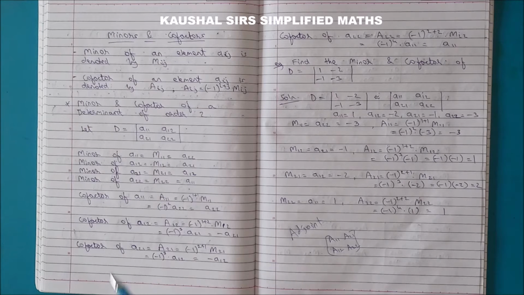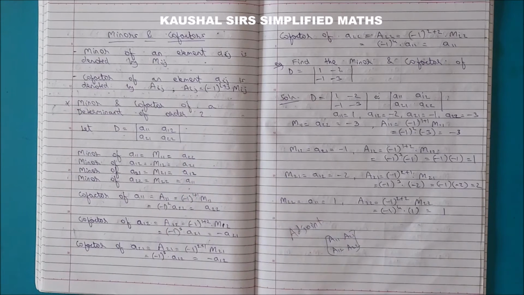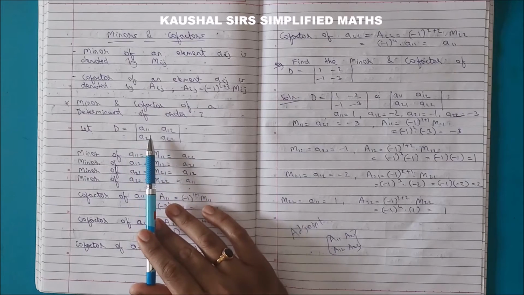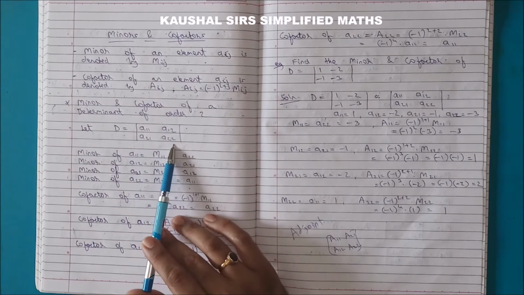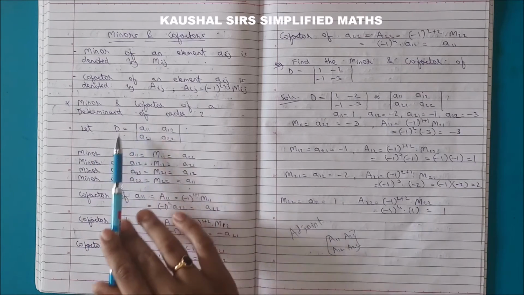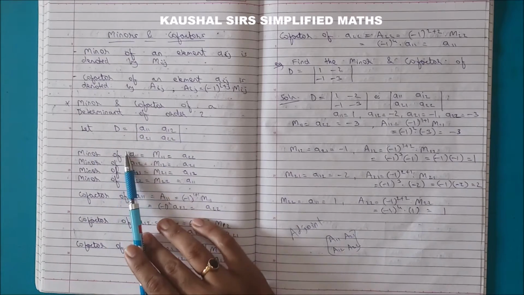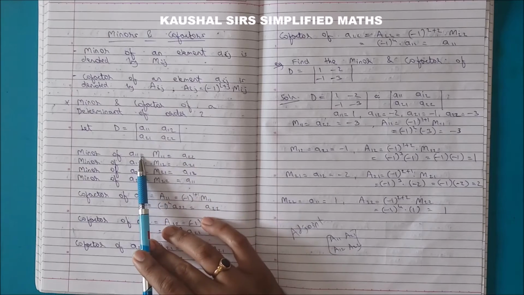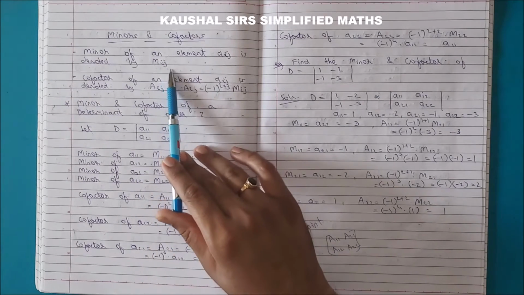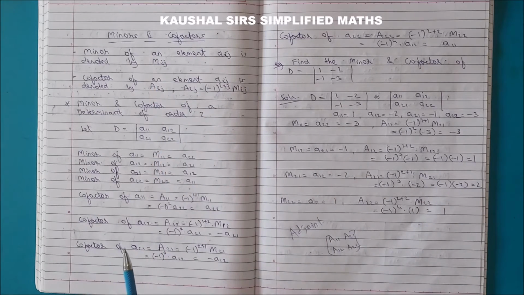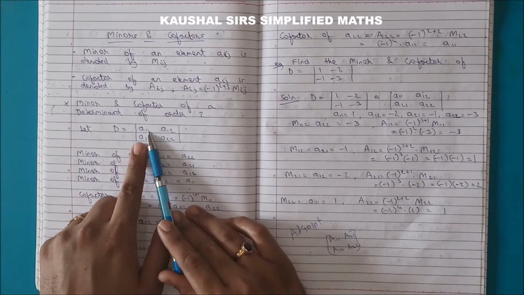Okay, so let us begin with a 2 by 2 determinant. So suppose we have a determinant of the order 2. So it is somewhat like this. Okay, we have 4 elements in that. So we are now going to see how to find minor and cofactor. So minor of this element A11 is denoted by capital M11. Okay, just now we have seen that the common symbol is Mij.